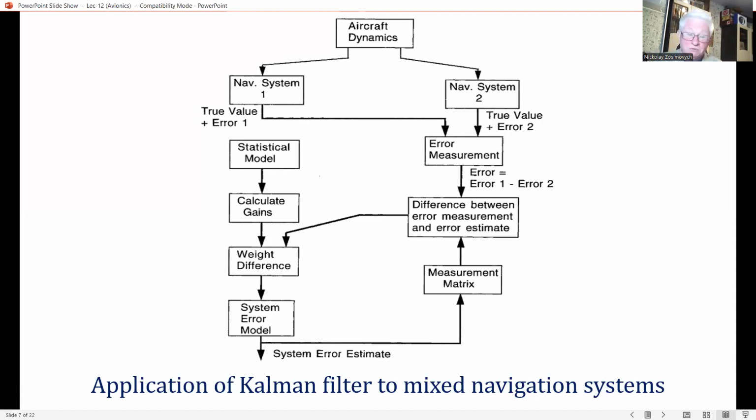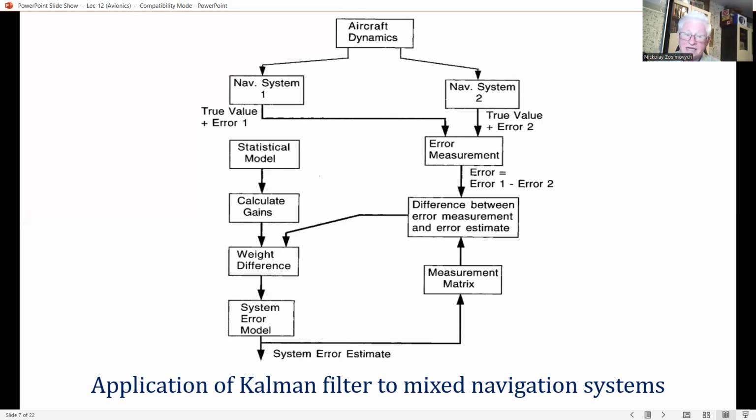This considerably reduces the amount of computer storage required. The basic application of a Kalman filter to a mixed navigation system is shown in the flow diagram in this slide. The filter contains an error model for the system involved, enabling the dynamic behavior of the system error to be modeled. The computer contains a current estimate for each term in the error model, and this estimate, which is based on all previous measurements,